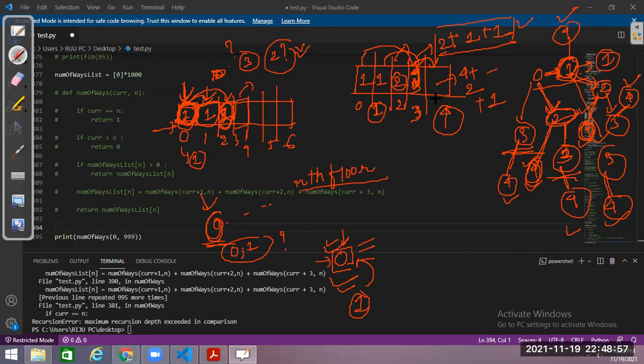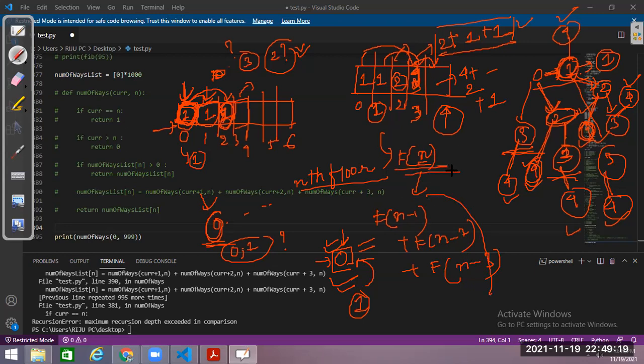Fine. So can you observe one thing? If I am to calculate the result for how many ways I can reach n, I have to calculate in how many ways I have reached n minus 1, in how many ways I have reached n minus 2, in how many ways I have reached n minus 3. If I add all of these things, I will get the result for f of n. Just similar to Fibonacci. Got it? Is it what the observation we have seen here? Yes. We are just storing that.